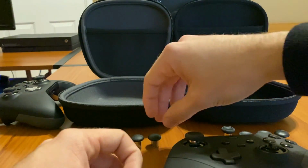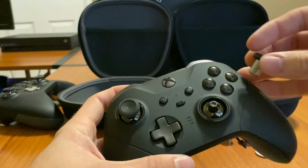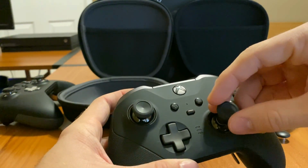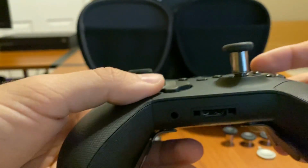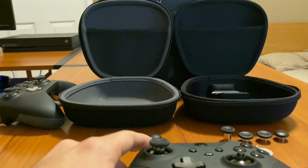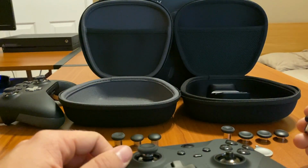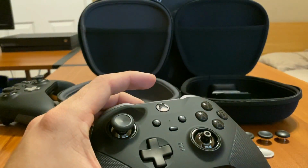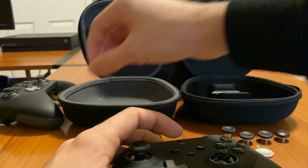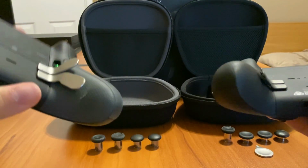So if I try to use an old thumbstick on the new Xbox One Elite Series 2 controller, it doesn't work. As you can see, it just floats on top and you can't press it down. I was extremely disappointed about this, to be quite honest, but it is what it is. You can't really complain too much because it's the new model and you would kind of expect that. However,